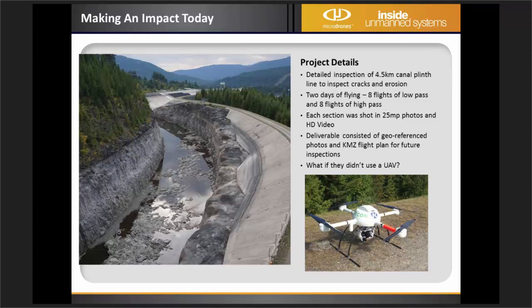One engineer would rope access every 5 to 10 meters down this canal. They did their reviews on the helicopter, how it could get in there, how it could do it, and they found that on the left side of that photograph right there, the helicopter couldn't get low enough to do the inspection along that plinth slab. And so they said, okay, well, we'll move to the manned inspection where we'll just belay down every 5 to 10 meters. Well, they found with that it was going to take roughly 3 to 5 weeks to do the